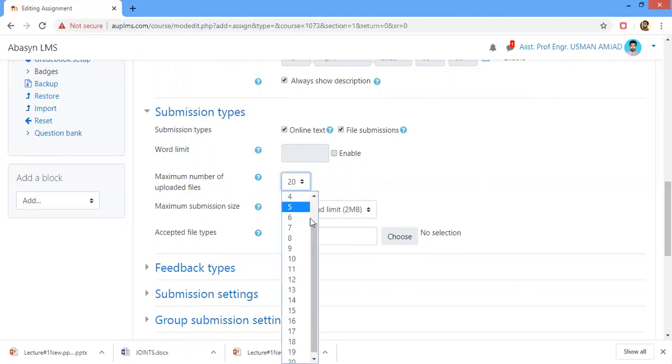Let's suppose you do not want the assignment to be more than 8 pages. So you can select here as 8 pages over here. This will restrict the number of pages which the students are going to submit. Now,